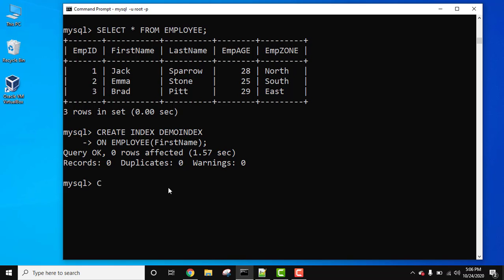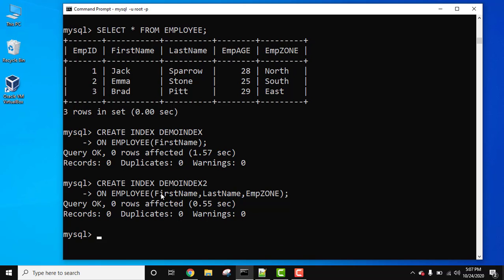Let's create another index. CREATE INDEX demo_index2, press enter, ON, then mention the table name, employee. Here let's add an index for multiple columns, that is a combination of columns. You just need to list the column names within the parenthesis separated by commas, that's it. So let's say it's for first name, last name and employee zone. Parenthesis closed. Now semicolon, press enter. Now you can see Query OK, that means we have created another index